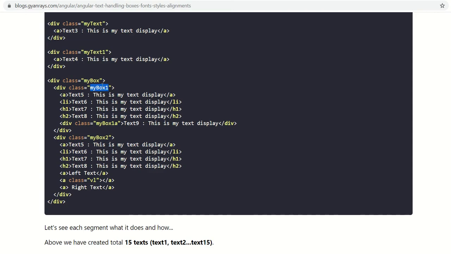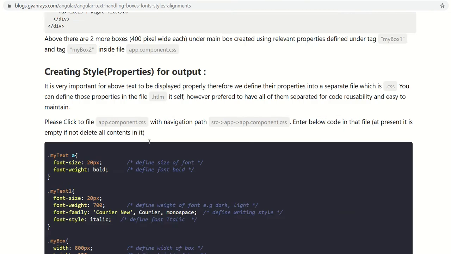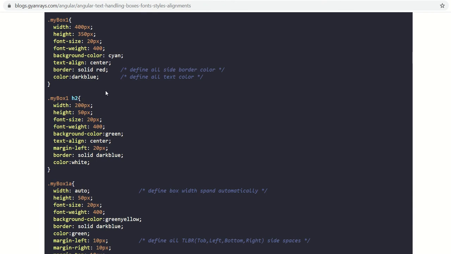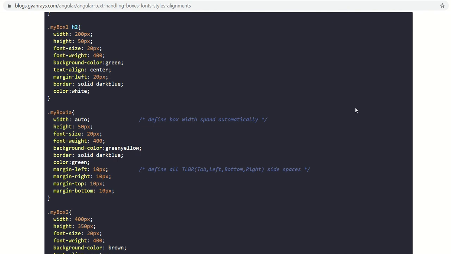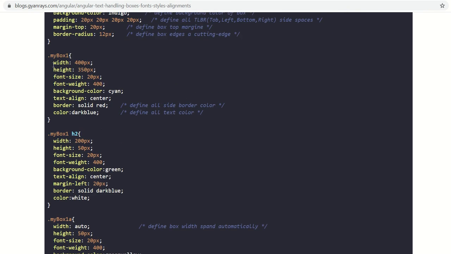Let's see how these properties are defined in our .css file. This is my box 1 and this is my box 2. If you see, both have almost the same properties. The width is 400 pixels, height is 350, font size, font weight, and so on. The color is cyan. Now what we are doing is aligning the text written under this box, my box 1, centrally, and the border is solid red.